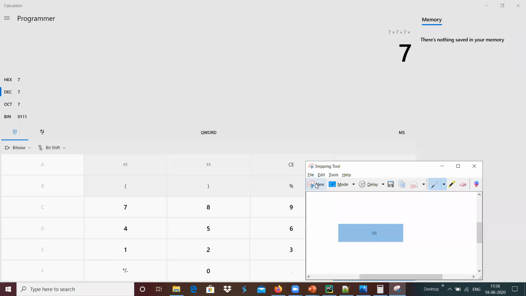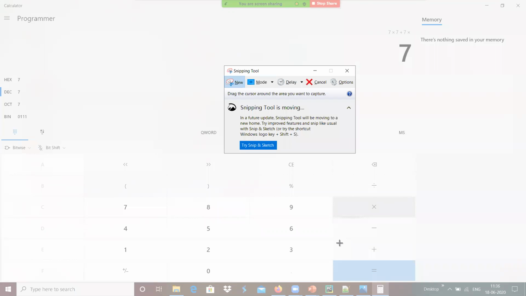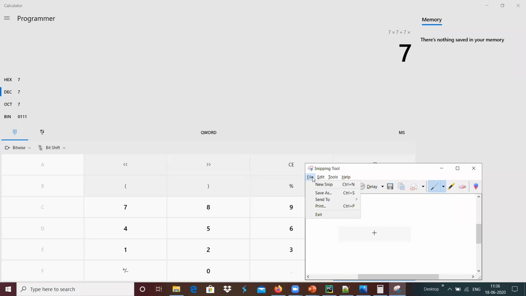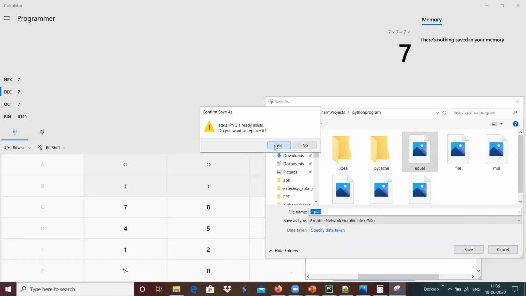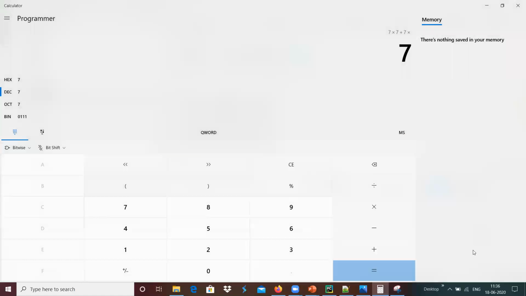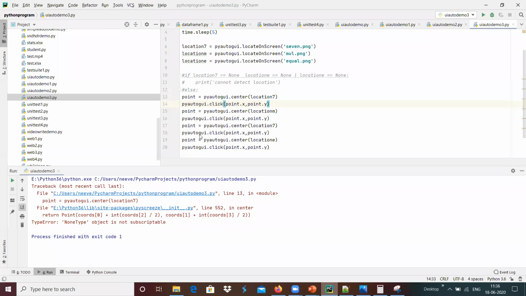Maybe we can use the plus itself over here for equal, and file save as equal.png over here. And I'm running it again.